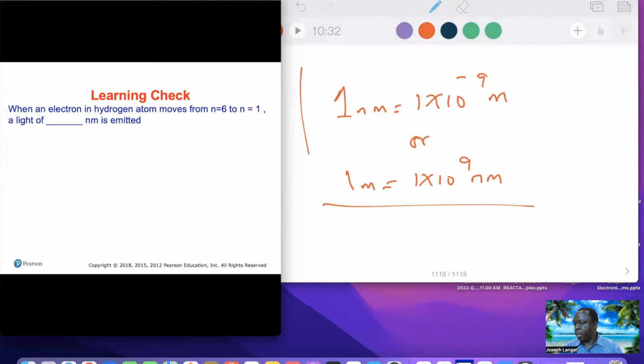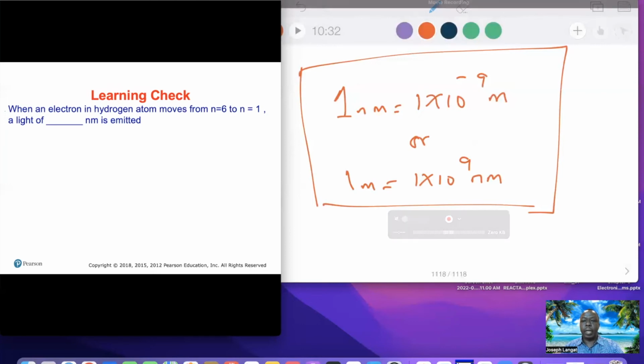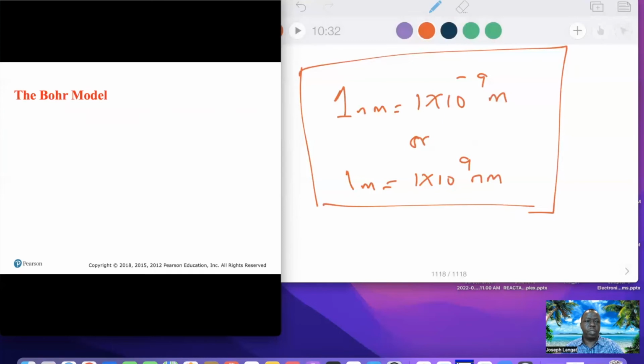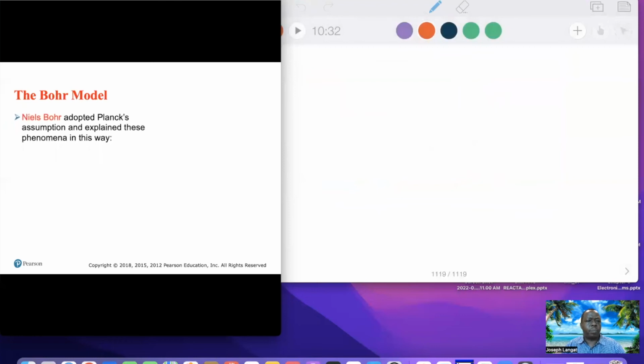Whichever way, you need to remember this. You may have to write the equation again, but please remember to set up your problem, look at the setup, unit cancellation, and know how to use your calculator. Please learn how to use your calculator to handle exponential numbers or numbers in scientific notation. Let's see the Bohr model of an atom,